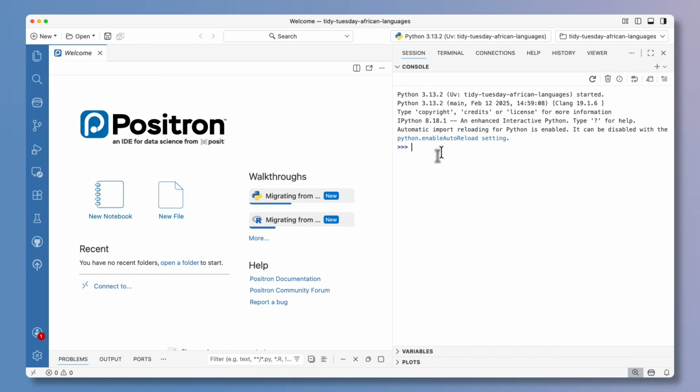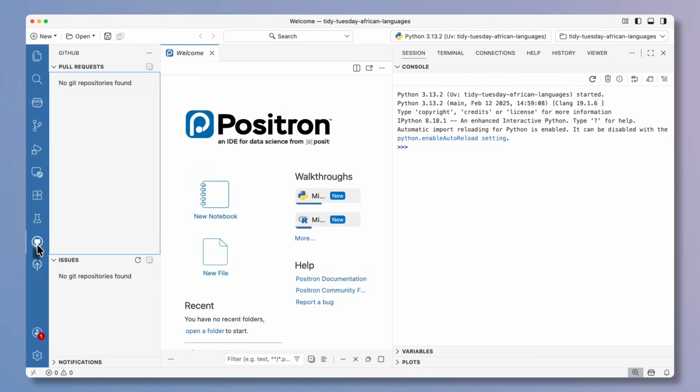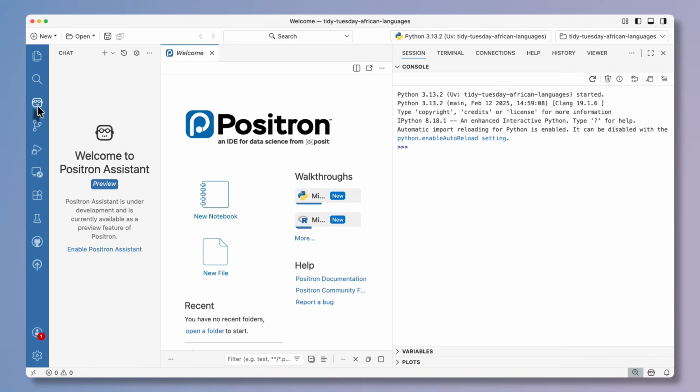Okay, so I want to use Positron Assistant here. So let me go over to this activity bar and highlight a few things that you can get to over here. This is where you can get to GitHub. This is not a Git project, so there's nothing there. This is where you see your files. This is pretty much empty. There's nothing here. So this one right here, the friendly robot,